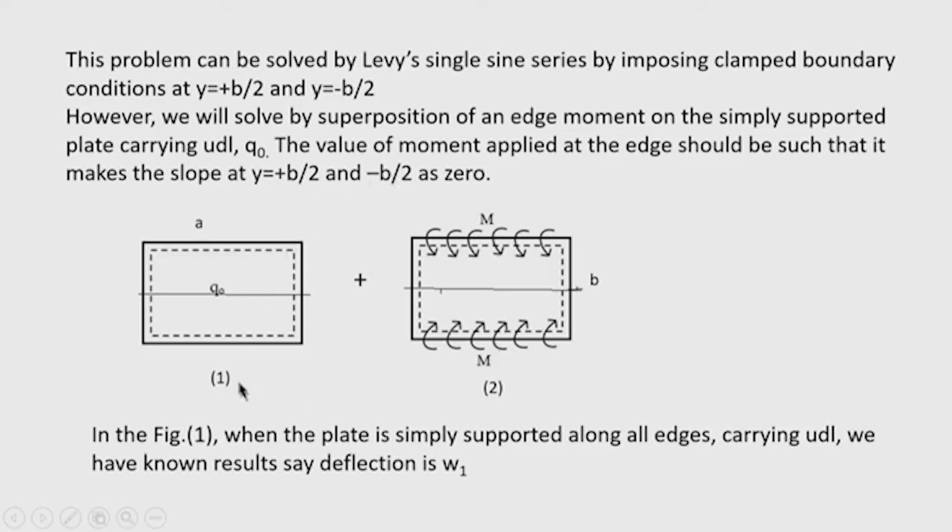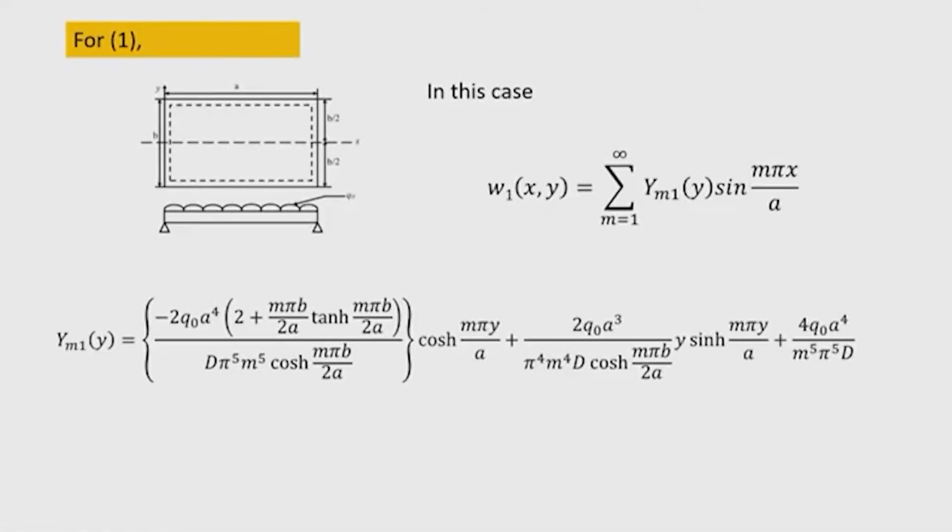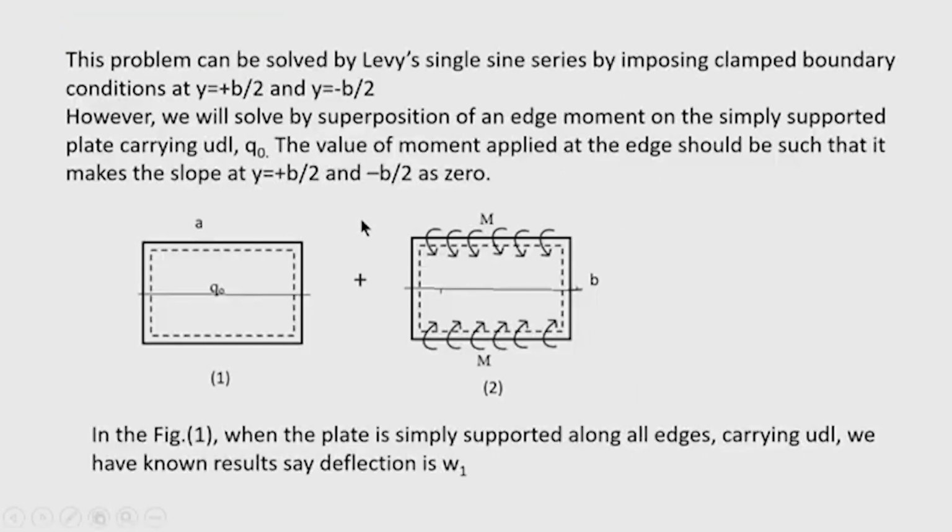So, in figure 1, the plate is simply supported along all edges carrying the UDL, whose results are already known by us. And this is the plate in which the two opposite edges are simply supported, but two opposite edges are subjected to the same moment, that is, a symmetrical type of moment. Okay. So, for this condition 1,